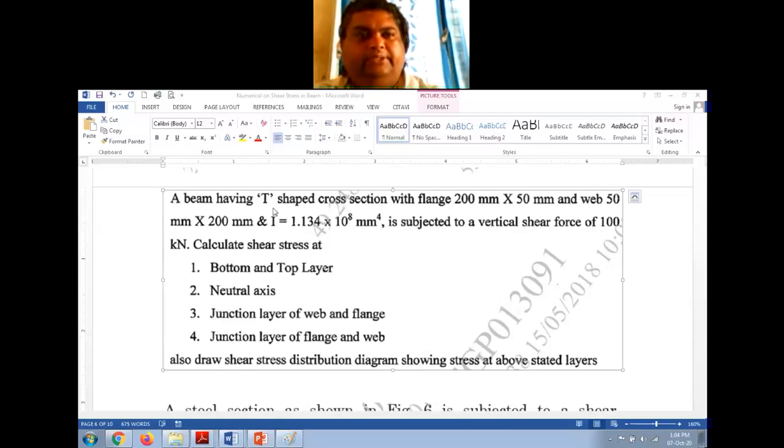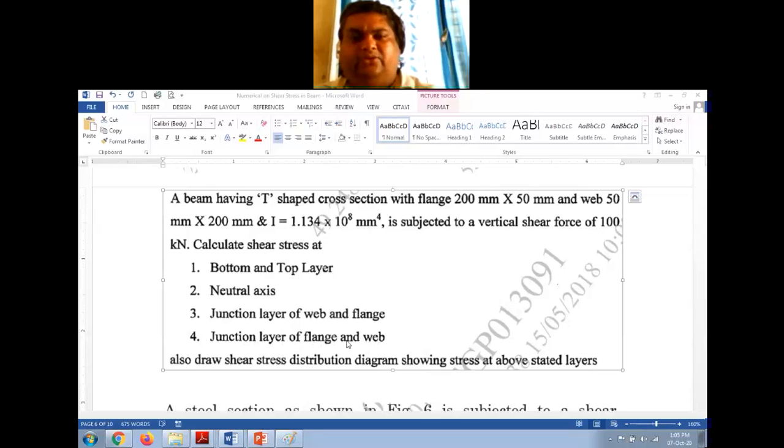Okay, the numerical says a beam having T-shaped cross section with flange 200 mm by 50 mm and web 50 mm by 200 mm and I is equal to 1.134 into 10 raised to 8 mm raised to 4 is subjected to a vertical shear force of 100 kilonewton. Calculate shear stress at bottom and top layer, neutral axis, junction layer of web and flange, junction layer of flange